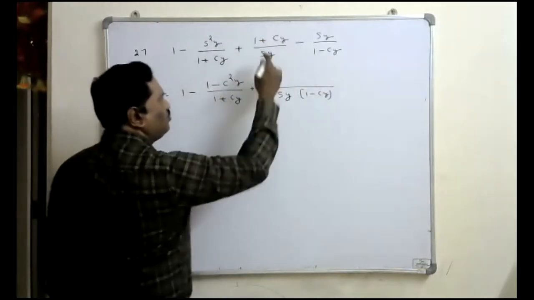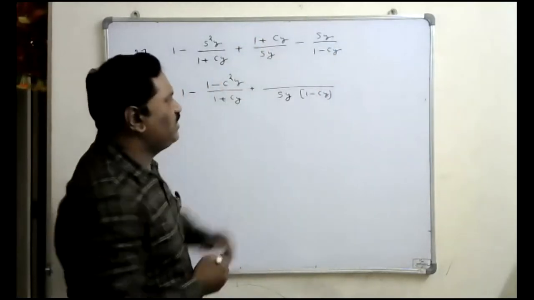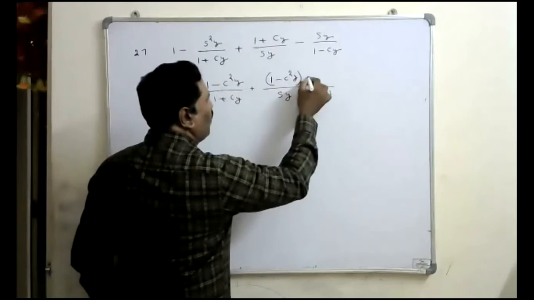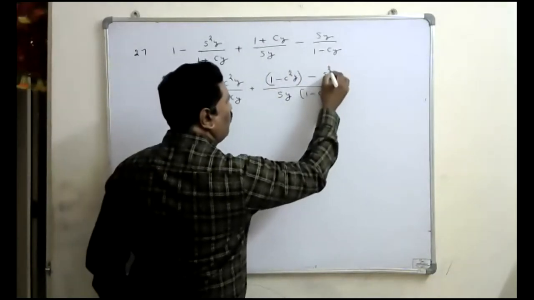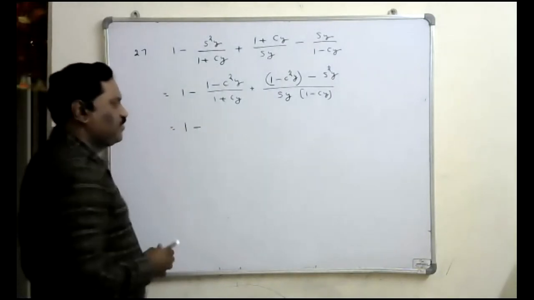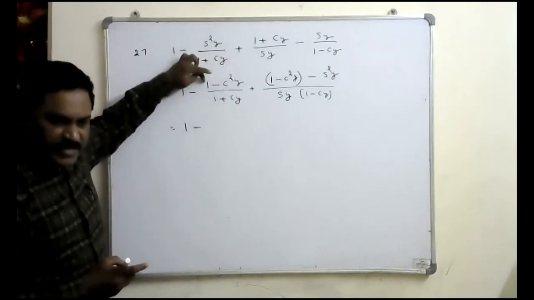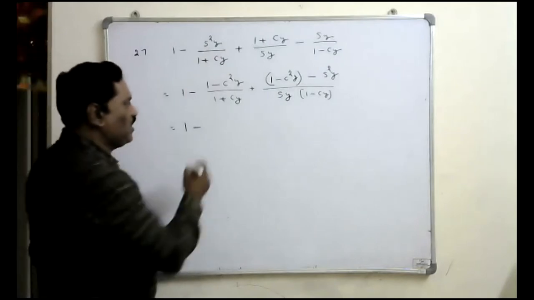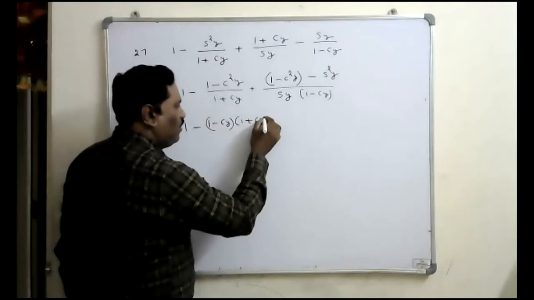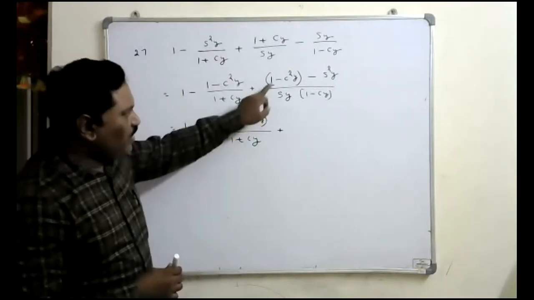Then if you do the cross multiplication, 1 plus cos y into 1 minus cos y, that I can write as 1 minus cos square y, minus sin y into sin y, that is sin square y. Okay. Now, if you observe the numerator, 1 बोले तो 1 square लिख सकते हैं, minus cos square y is a square minus b square form, that is you can write a minus b into a plus b, upon 1 plus cos y, plus 1 minus cos square y.